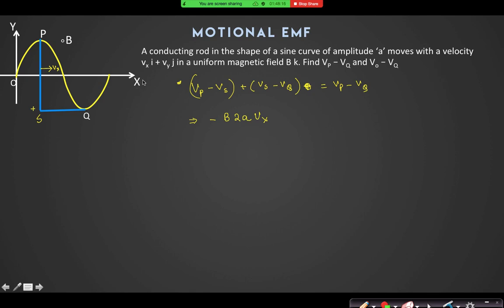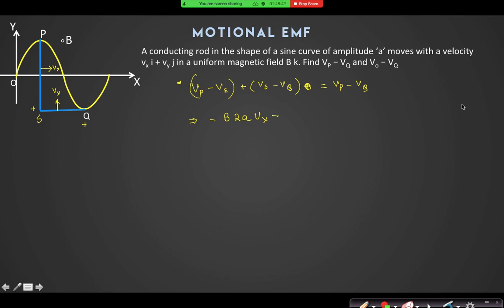Now this is moving upward with vy j cap. There is no effect of vx. So now can you tell me where positive charges will move? Towards Q. So again minus B into